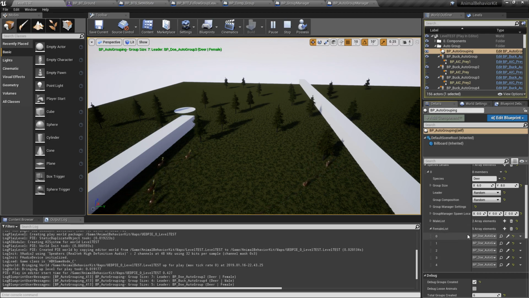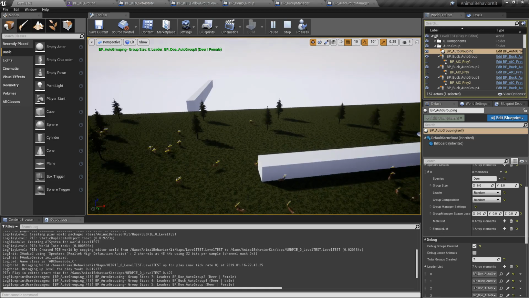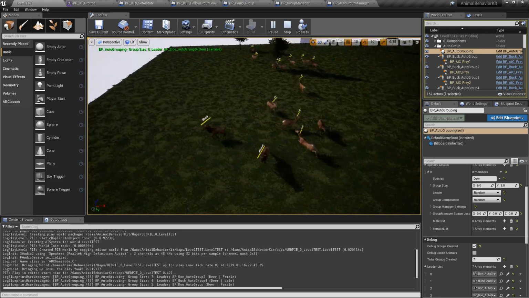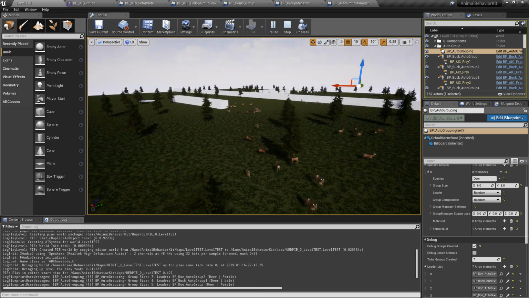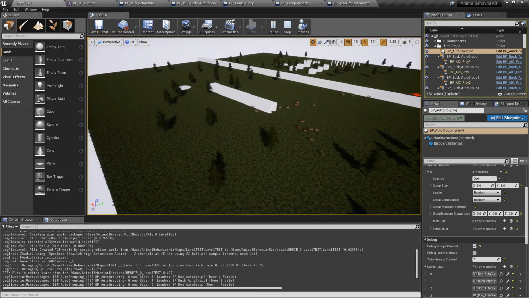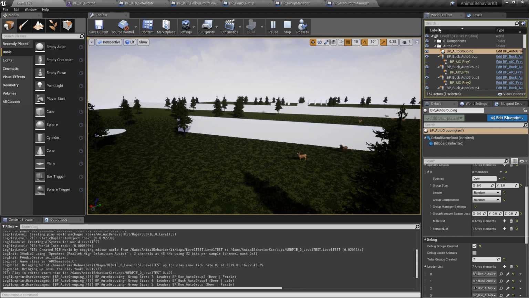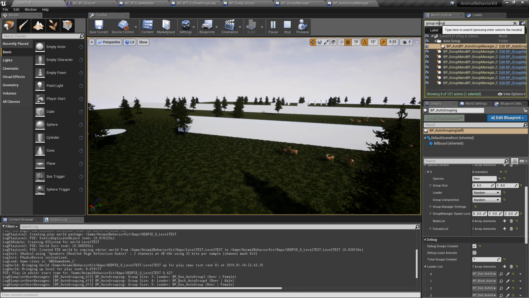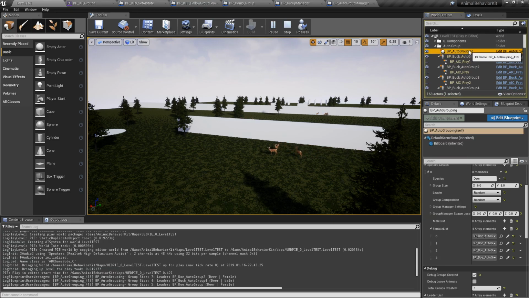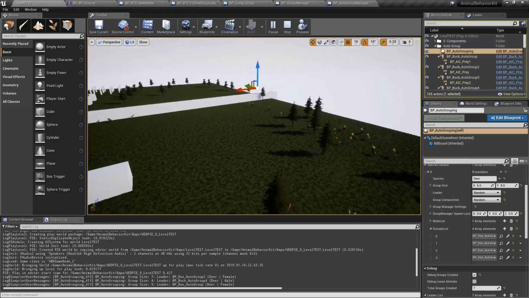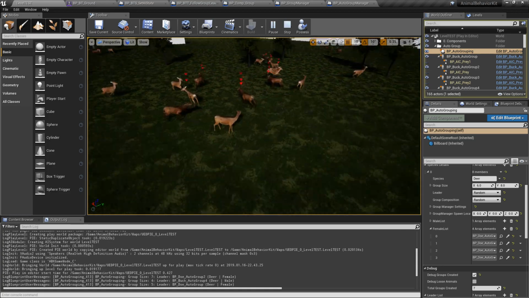So as I'm talking, more and more animals are being added, and that's because they're being born through the breeding system. So more and more groups are being created in runtime, and as you probably guessed, there are group managers that are being spawned at runtime, and those group managers are automatically assigned the animals, and they're automatically assigned a tag. So this is basically doing what you would do normally, except that it's doing it automatically, and is again creating